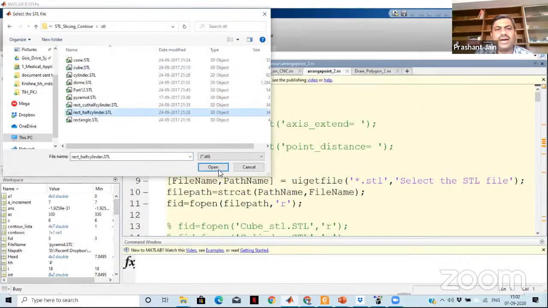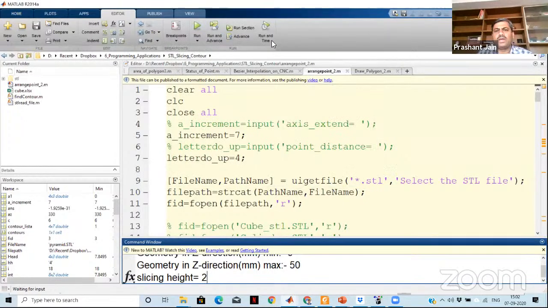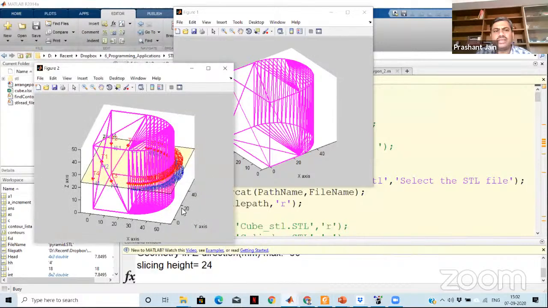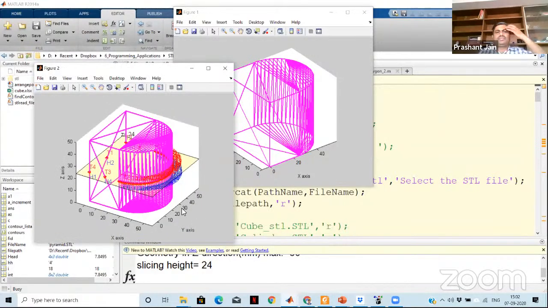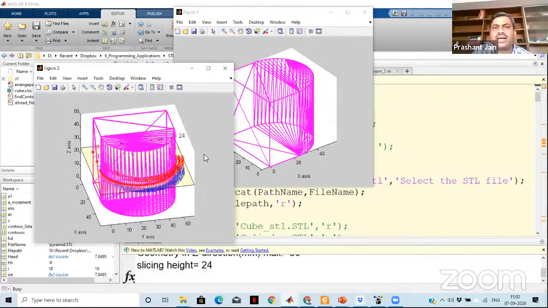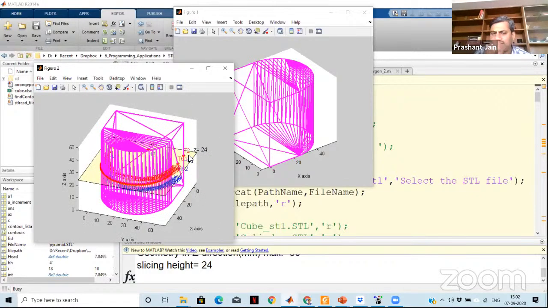Let me show you the half cut. So you can show the typical part. Let me put the height as 24. Look at this. This is the typical part you are going to have. See how many intersections are there, and you can connect all of them in a logical sequence. Right, and the next task is to get the contour information connected in a logical sequence. So you got all the intersection points here.